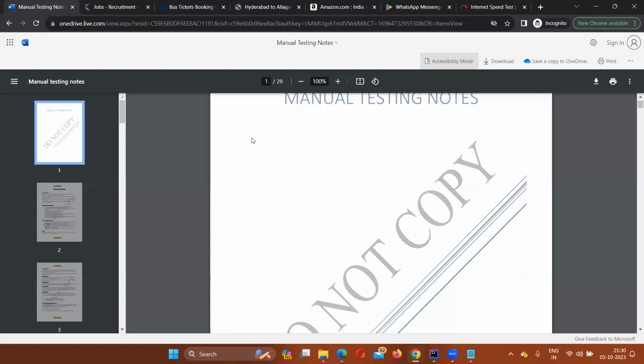अगर ऑटोमेशन का नौकरी चाहिए तो बिल्कुल कोड लिखना पड़ेगा. You will have to write the code if you want a job in automation, because automation at the end of the day is a good career option rather than manual testing. Manual testing is not, I mean, I'm not saying manual testing is unimportant, but I'm saying that if you can write code, you have an advantage of both manual as well as automation. If you only do manual testing, you're only a manual tester, a functional tester, that's it.